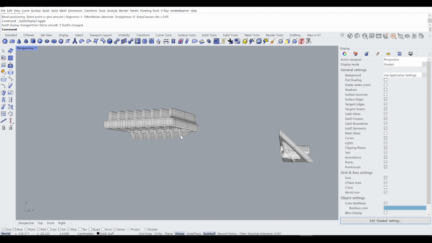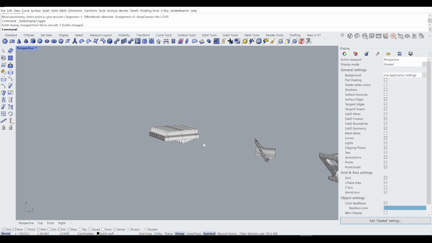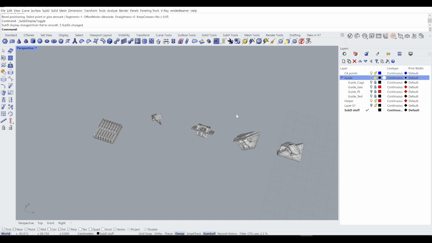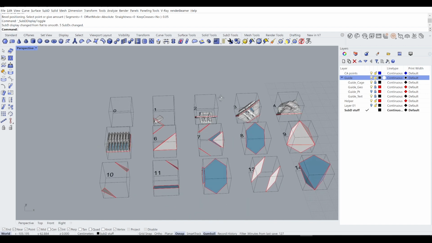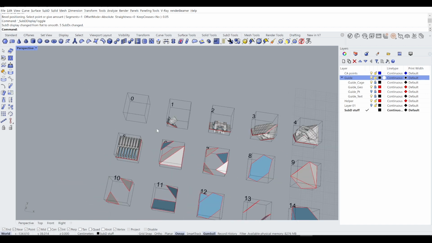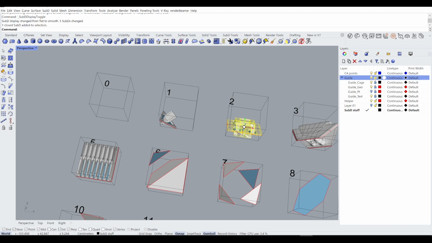Okay, so I am done with this. Don't go away just yet. I am going to show you why we're doing this and what kind of forms you can expect to see from these elements, right? So for that I need guides, and let's just see. So I'm just going to borrow element number 5, and